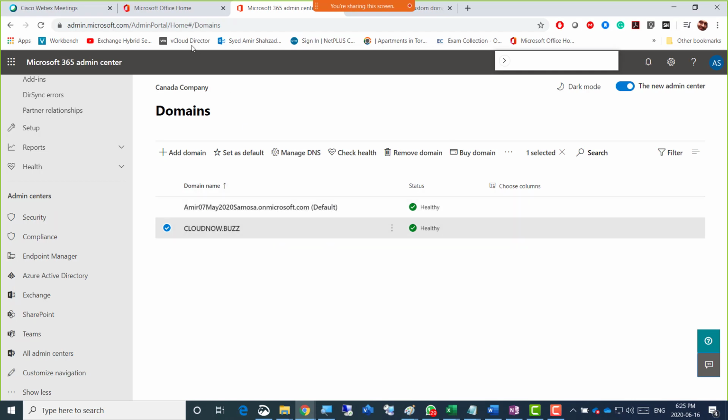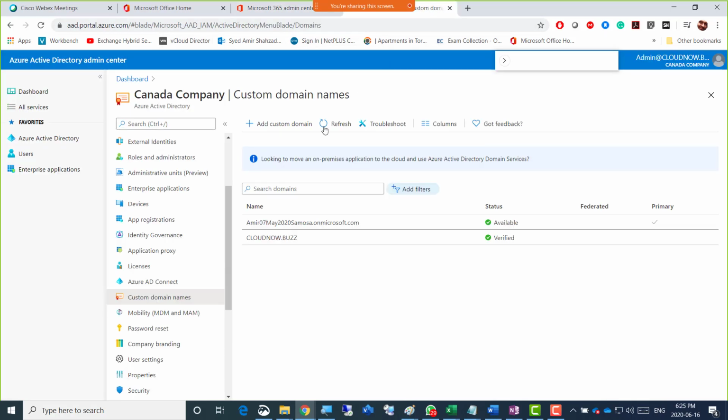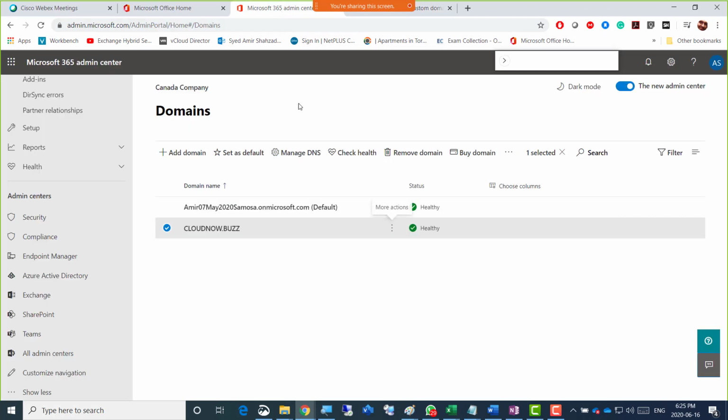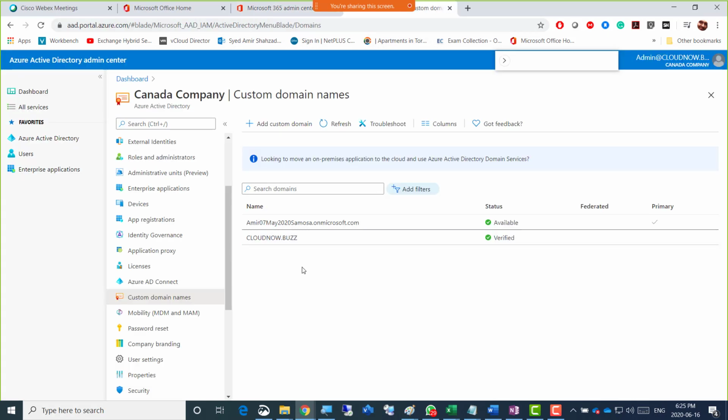So I started from here. Normally, I just go to make primary, and I was mentioning primary there while I was in the wrong place. But yes, here also we can do the same thing. So that's good. Now remove domain is shown here in Microsoft 365 Admin Center. Remove domain is shown here as well,